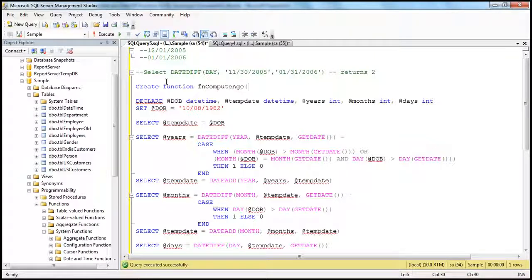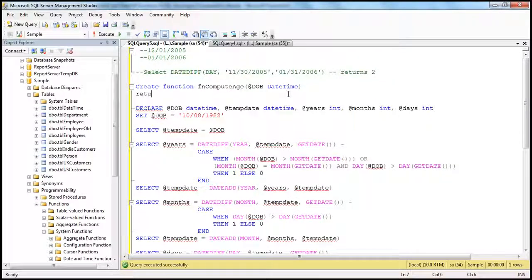Obviously, if you want to compute the age of a person, you will have to pass a parameter to that function. So let's say I want to pass date of birth. Let's say datetime is the parameter, and this function is going to return an nvarchar of maybe 50